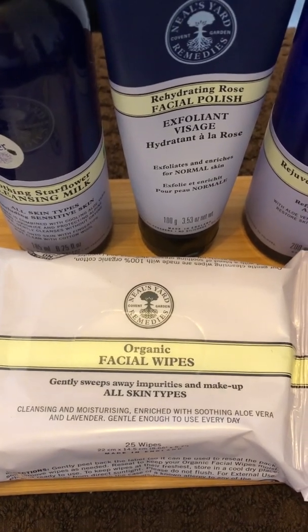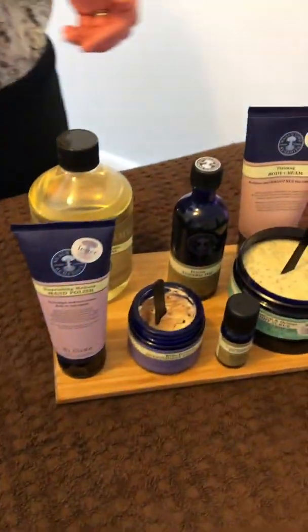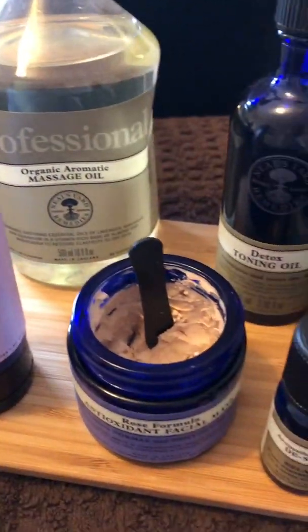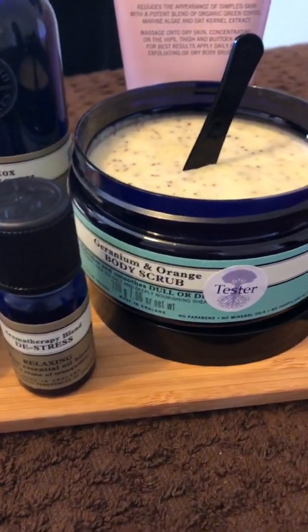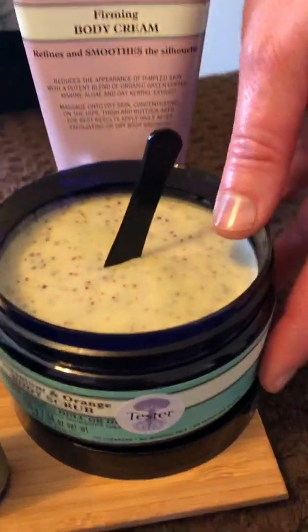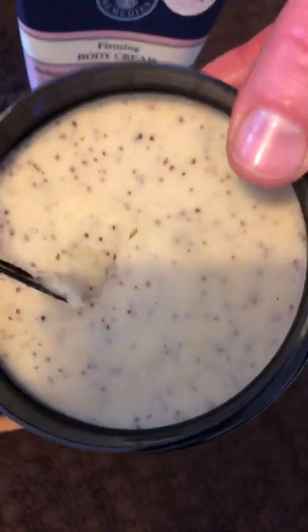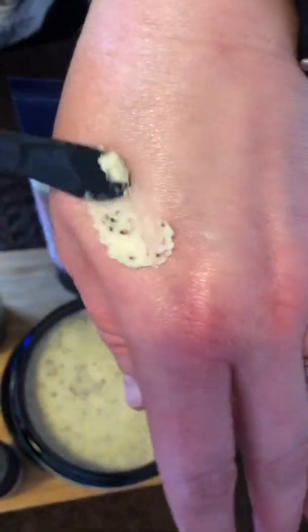Right, so moving on then, we've got now the Body Beautiful bundle. For those of you who are offering body treatments to your clients or for aftercare for them, you've got a good range to offer here. You could do a really good detoxifying body treatment with the Geranium and Orange Body Scrub. Again, this is one of the more waxy products, and you can see there the shell in there is really